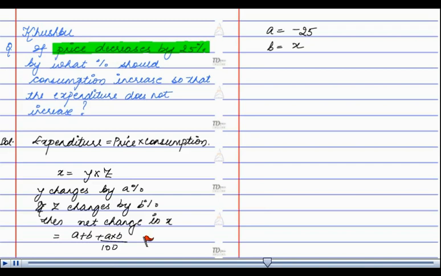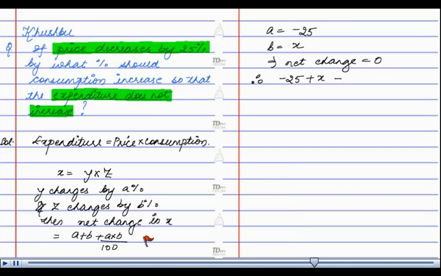Now we know that the expenditure does not change. This implies that net change is 0. Therefore we have minus 25 plus x minus 25 into x by 100 equal to 0,